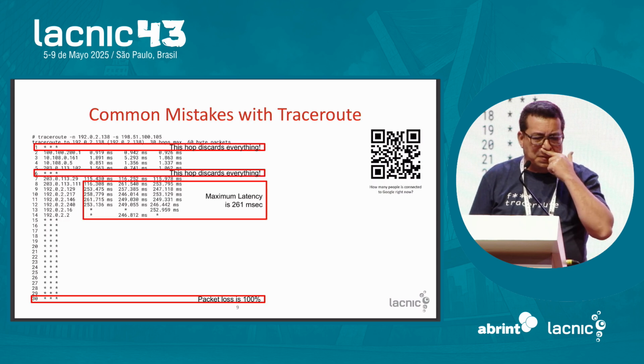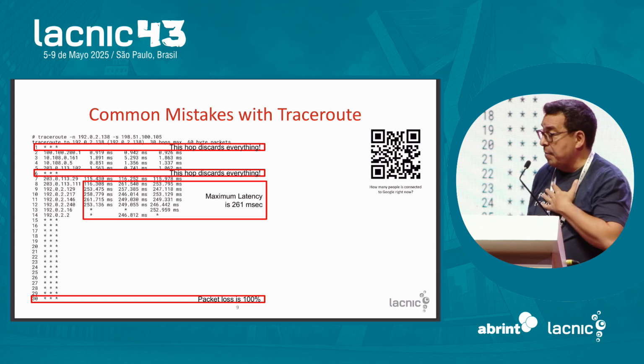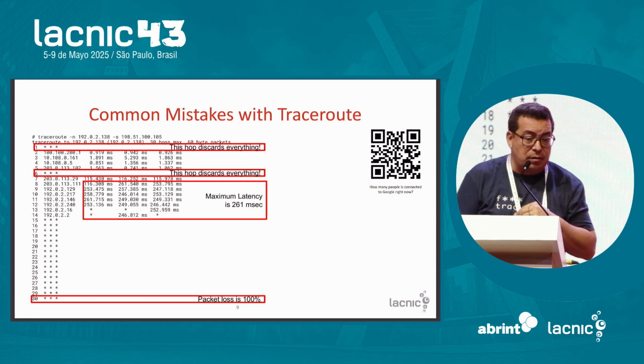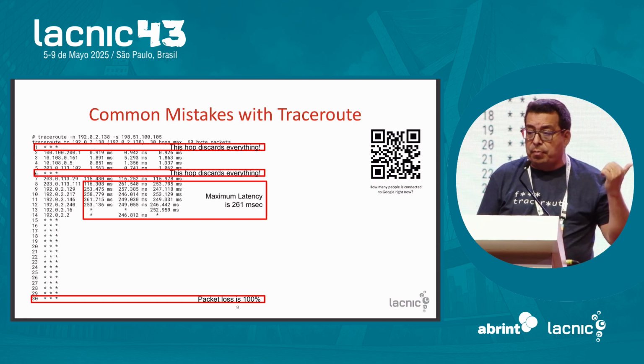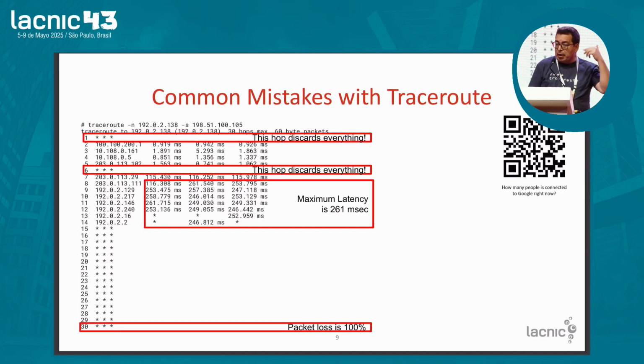Then, common mistakes with traceroute. These are responses that I have received from troubleshooting. The first hop rules out everything. Now, these are somehow regenerated in a strange way, and then we have the second and the third one. The maximum latency is 261 milliseconds because one of the lines responds 261 milliseconds,